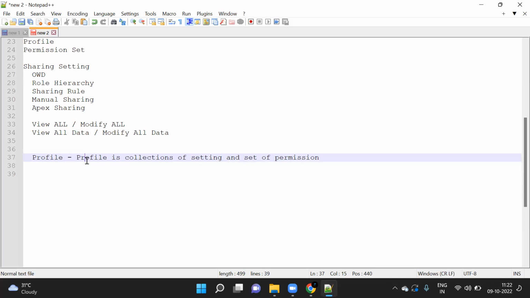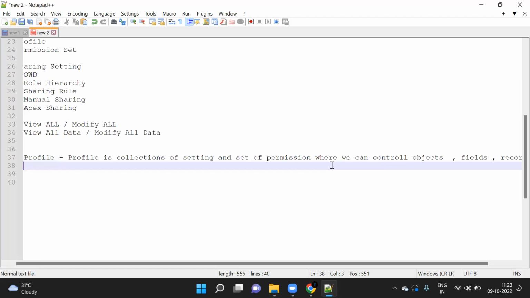So guys, what is a profile? A profile is a collection of settings and a set of permissions, where we can control objects, fields, record type, page layout, and you can see the login hours, IP ranges, password policies, and Apex classes,